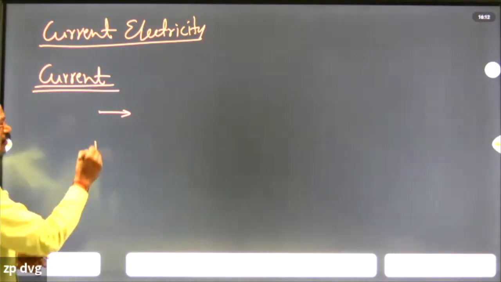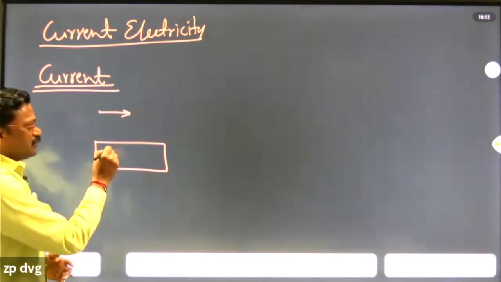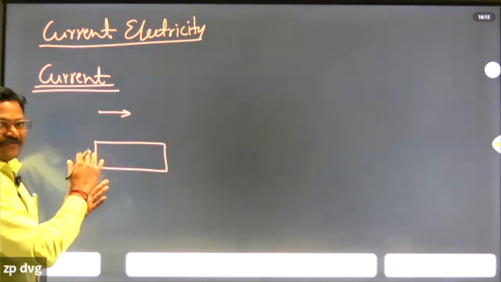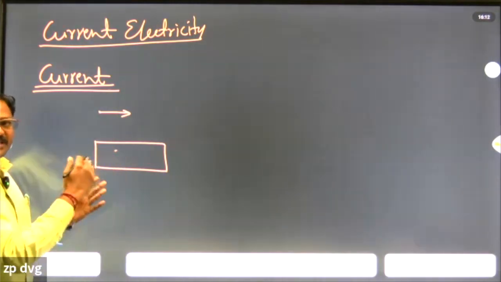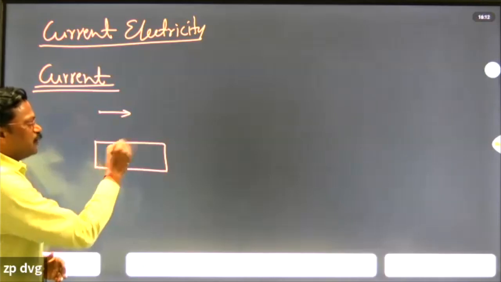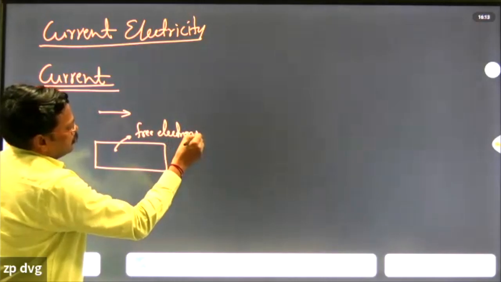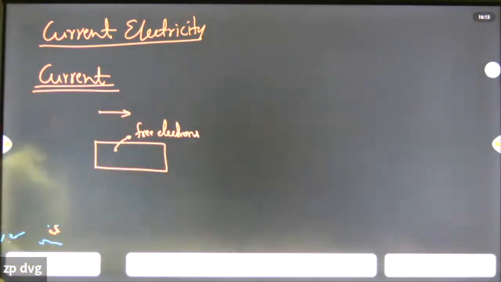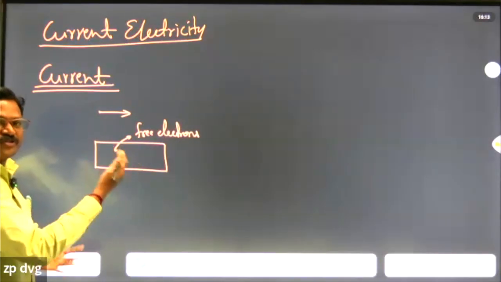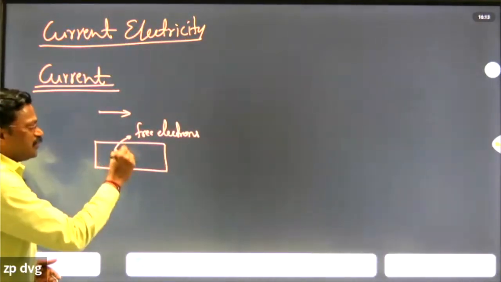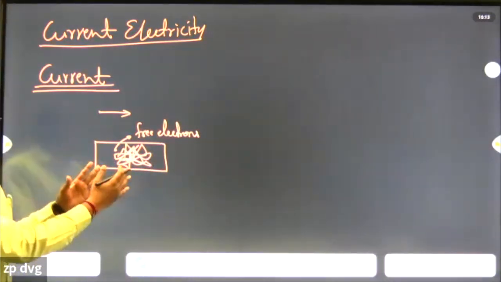If you consider any conductor, for example a metallic conductor, there are free charge carriers, which are called free electrons. These are the charges which are freely moving. So free electrons are the charge carriers in metallic conductors. They are in random motion because of their thermal energy, moving randomly in all possible directions, and this random motion of electrons is not